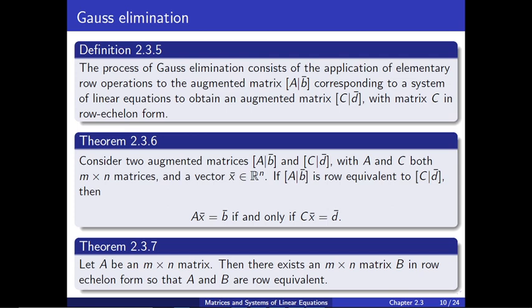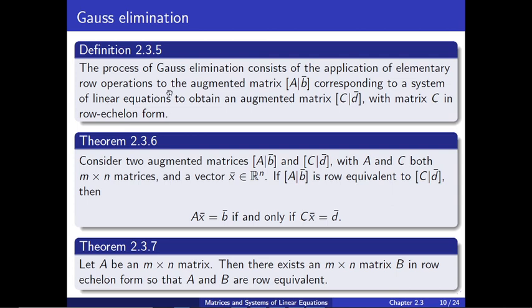And then we have a theorem, and it says consider two augmented matrices AB and CD, with A and C both M by N matrices, and a vector X in Rn. Now, if AB is row equivalent to CD, then AX equals B if and only if CX is equal to D. So in other words,